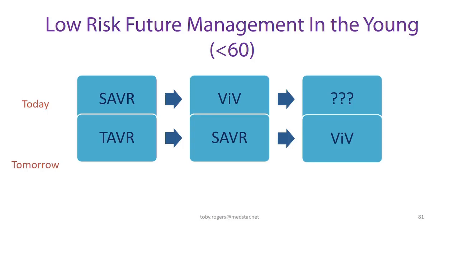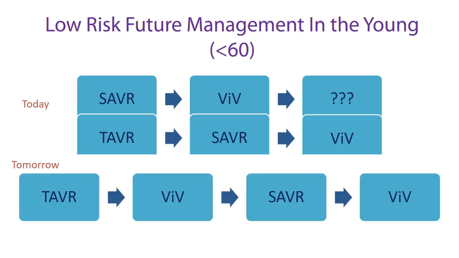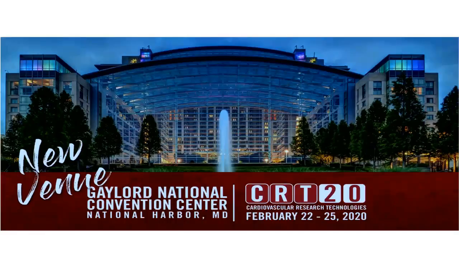Although, what I would tell you is that in most institutions, the age threshold has dropped to the mid-60s now, and in some, the early 60s, for a bioprosthetic valve. And if that's the case, then we may advocate that TAVR would be better than SAVR because you get better hemodynamics, so it's something to consider. So TAVR, valve-in-valve, SAVR, valve-in-valve: a lot of things to think about. But one thing is for sure: the technology has matured.